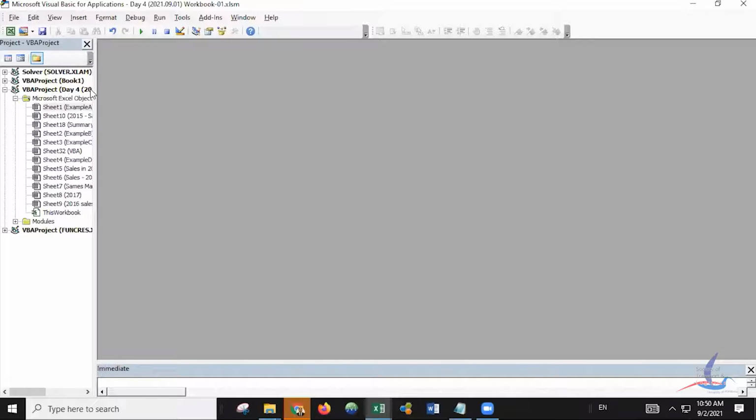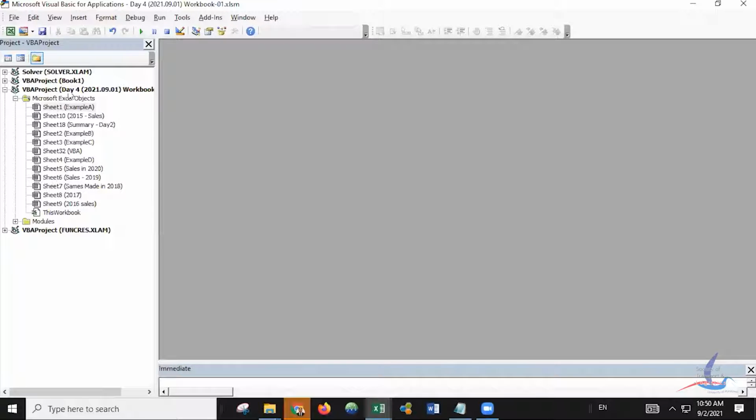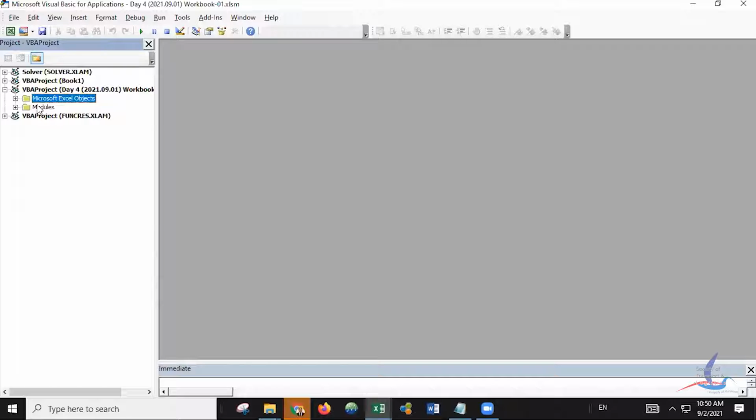So you can see here, there is a project name called Day 4, 2021, September 1 workbook and so on. There are so many different worksheets available, depending on the number of worksheets you have. I don't want to work with that, so I will minimize. Then you can see there is a Modules folder icon. When you expand that, there is a new module added. When you double click the module,